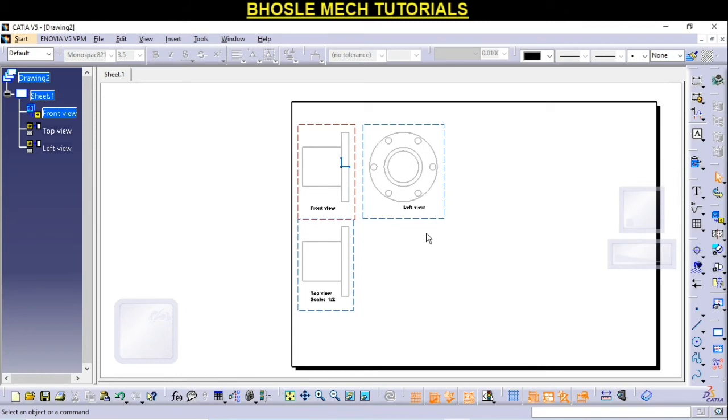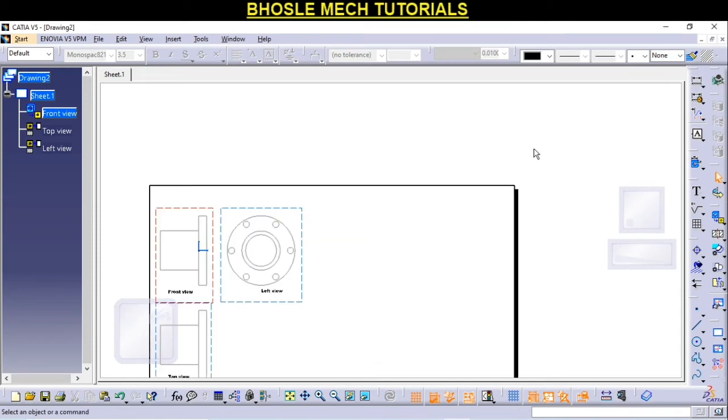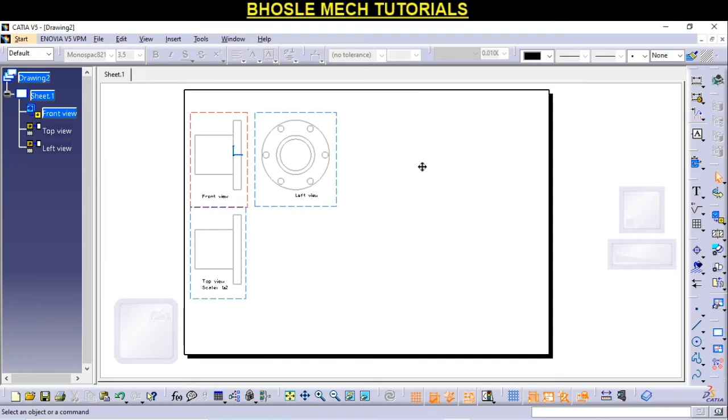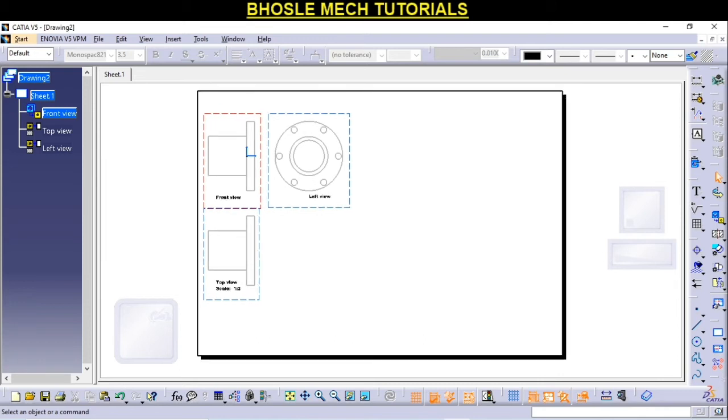See friends, like this you can get the left view, top view and front view. If you want an isometric view, here is the isometric view. See here, the isometric view.